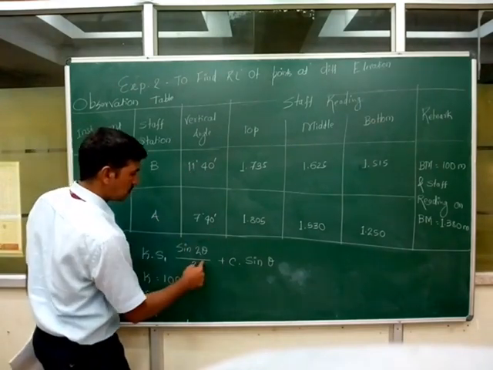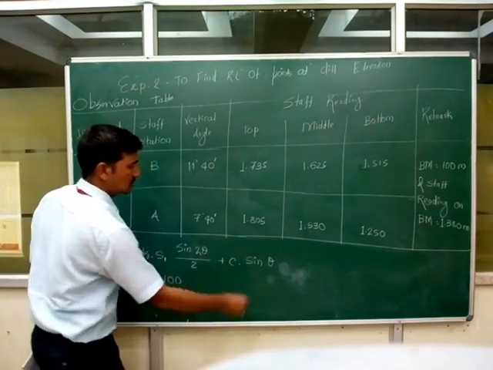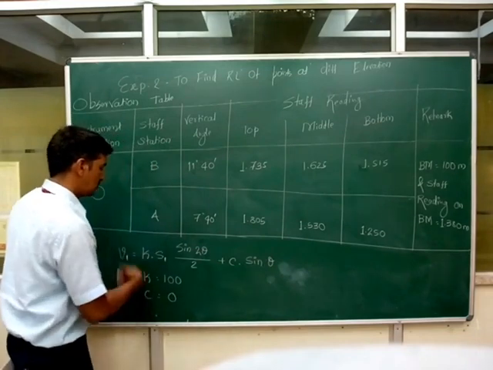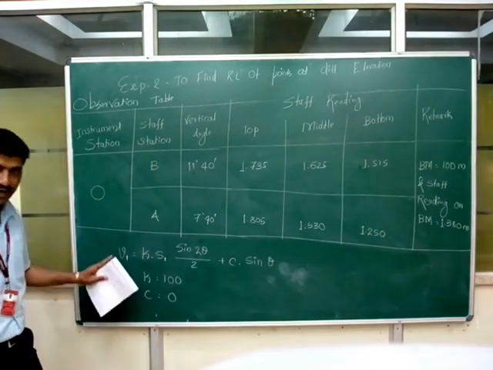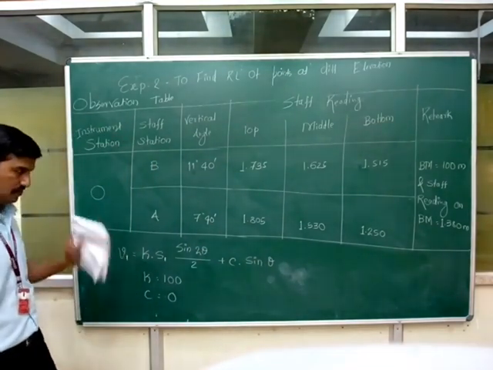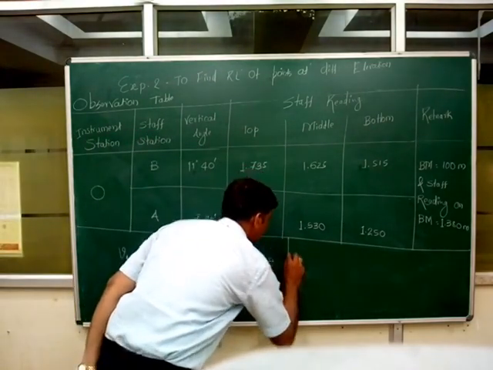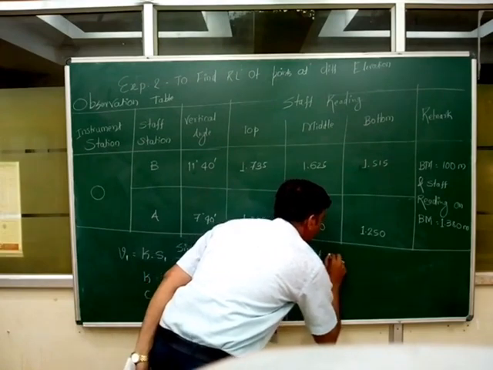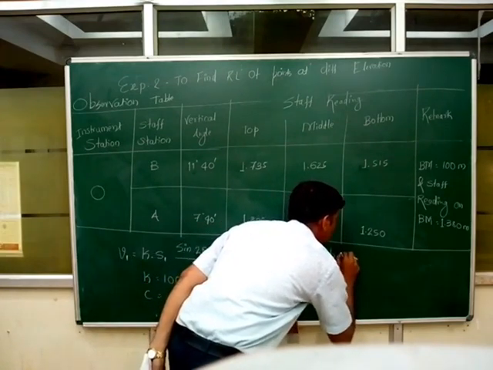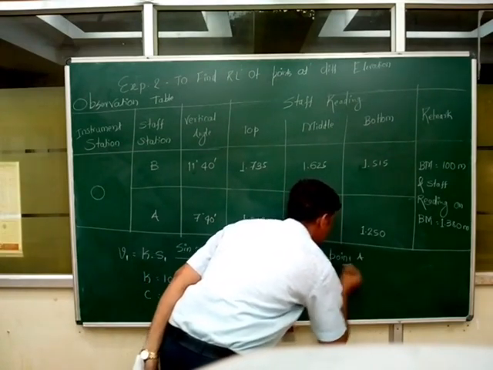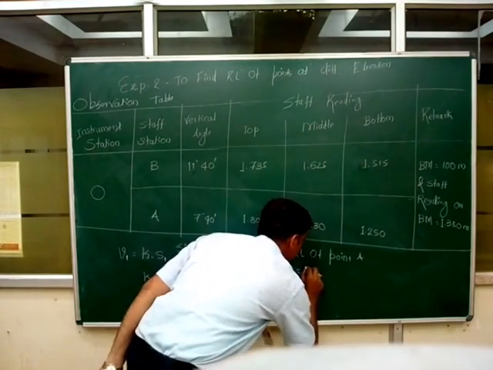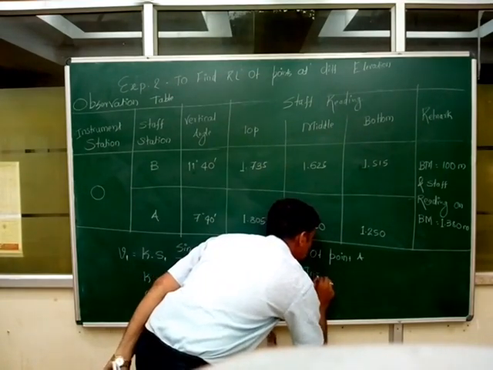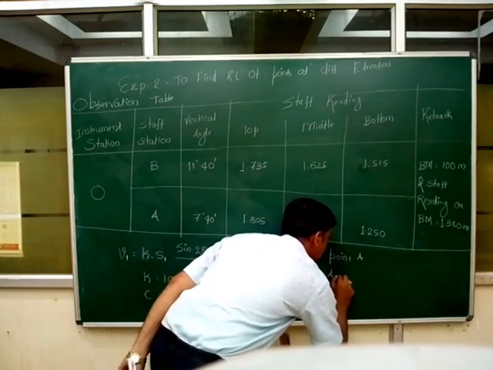Since C is 0, this term will be 0. So by using this formula, calculate V1. Once you have calculated V1, how to calculate the RL of point A? It is equal to instrument axis RL